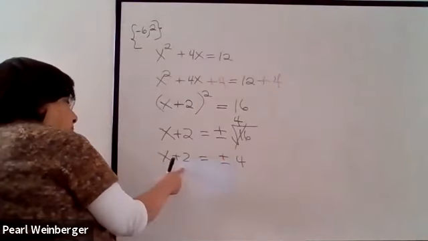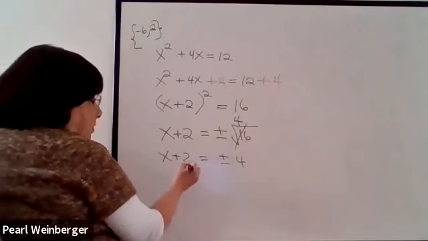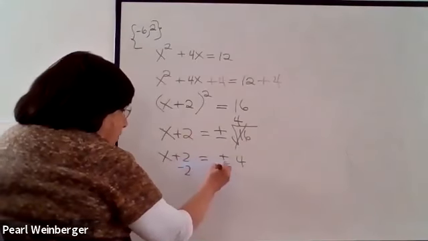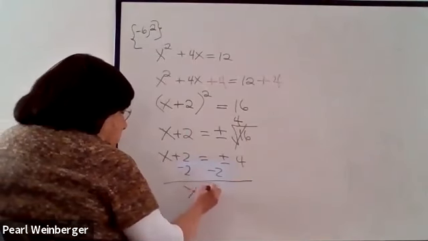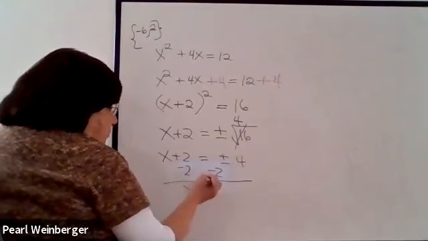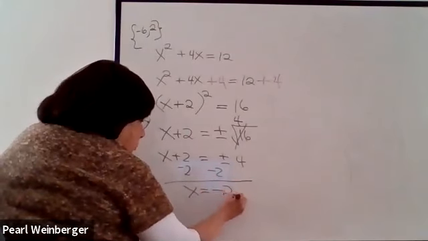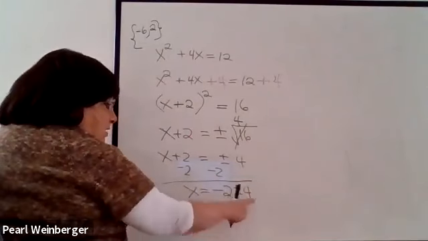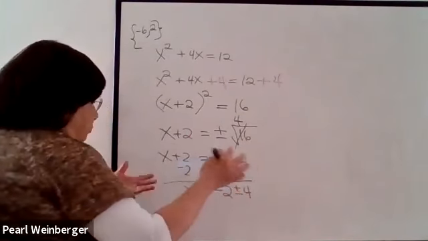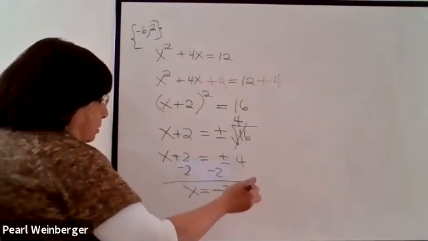And of course, I have to bring the 2 to the other side to get what x is. Remember, when you bring this number to the other side, always put it in the front. Your final answer becomes -2 plus or minus 4. But since these are just both regular numbers, there are no square roots there, there are no i's there, I can